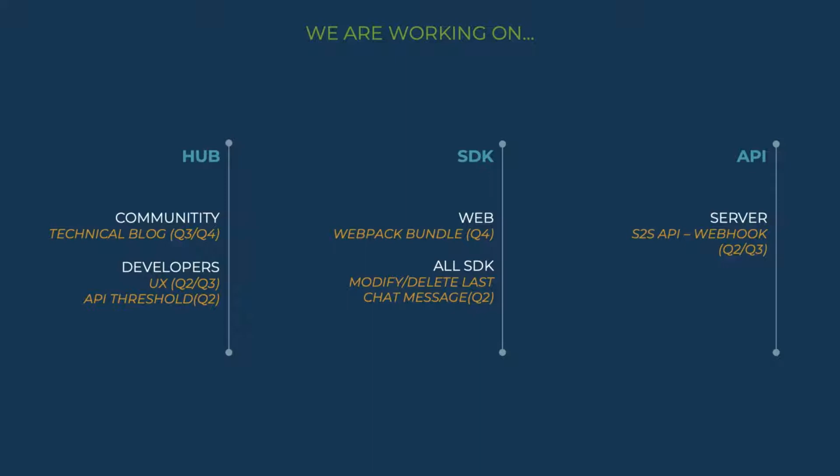Regarding the SDK, we are continuously adding new APIs and guides to our existing SDKs, and we are working to improve our Rainbow API Hub website to facilitate access to all that documentation. Finally, regarding the API for server-side applications, we are finalizing our server-to-server API so that you will be able to build Rainbow backend applications in any language, PHP, Python, whichever you want. More information on that will come soon, I hope, perhaps in the next webinar.